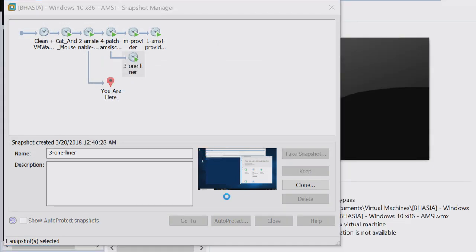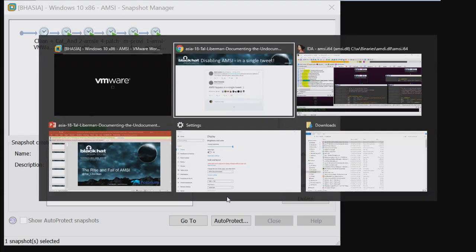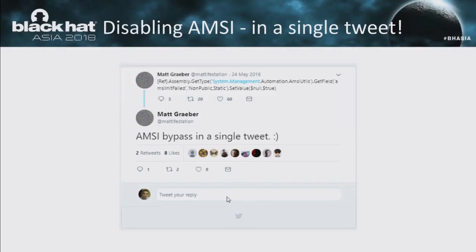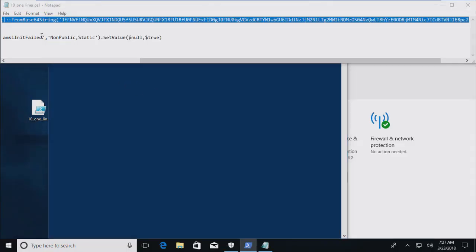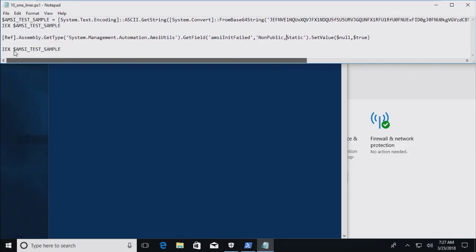And the interesting thing about this bypass is, if we take a look at the date of this tweet, it's from May 24th, 2016, which is nearly 2 years ago, and this bypass still works, at least in my experiments. As is, it doesn't even have a signature in Windows Defender. So literally, attackers can just use this command line to bypass AMSI and completely disable it. And the cool thing about it is it doesn't need administrative privileges. So in my opinion, this is the best AMSI bypass to date, the most original and the most sophisticated.